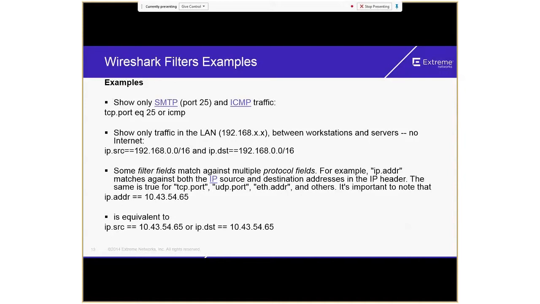Or if you want to see only traffic in the LAN 192.168 between workstations and servers, no internet, this is what you would use: ip.src, as I showed you, you mention the IP address, and then ip.dst, which is destination, equal to 192.168.0.0/16. So you can get information about a network also. If you want everything on one particular network, you can get that information also.